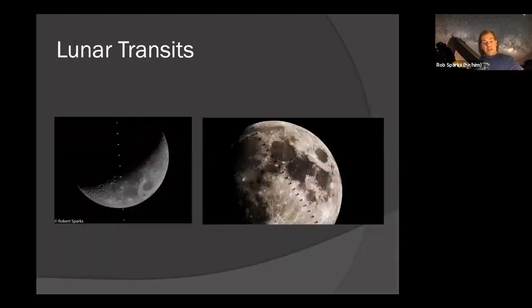So you also get lunar transits, and there's 2 different types of lunar transits you can get. The one on the left, the actual ISS is in daylight. So you see the ISS little dot, and this is actually a fairly distant transit, so you don't get any detail in the ISS. This one was a fairly distant transit. I think the ISS might also be a little overexposed there.